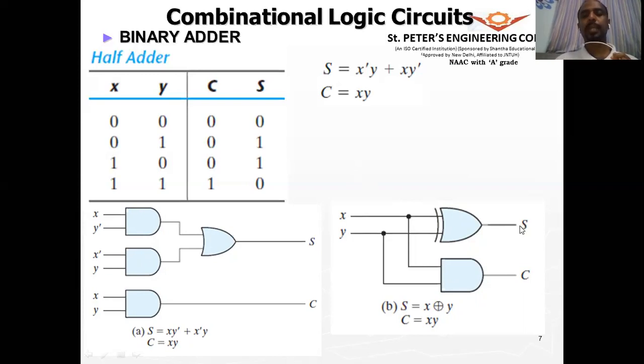Now if this sum I give to another half adder as an input, it will not take this carry as an input to the half adder. It will take another input. So therefore, it is not the proper or a complete addition mathematically. So that is why this is called a half adder.